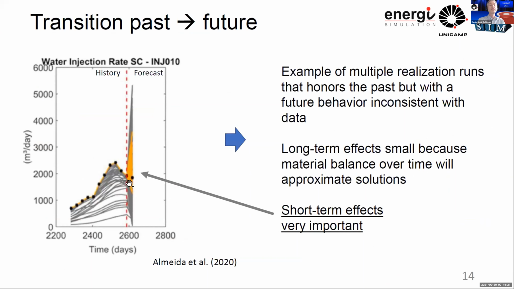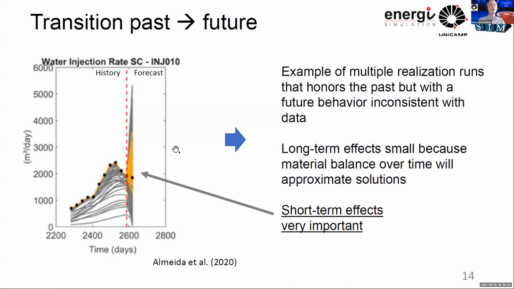Another thing that we observed is that in the transition from the past to the future, we have a very important role of the productivity and injectivity of the wells. This is an example of how bad this problem can be before history matching and after history matching here. But even after history matching, we still have a lot of uncertainty in the rates, in this case almost 100% difference. And this may be acceptable for life cycle because in the long term, the material balance will accommodate the results. But for short term, we cannot